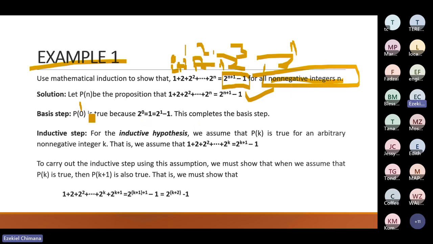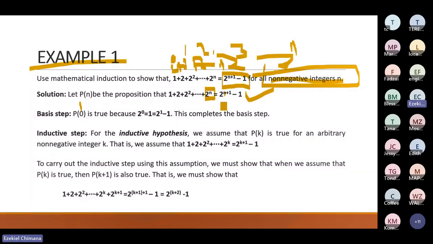So you can do it for P of 0, you can do it for P of 1, you can do it for P of 2, but not for P of minus 1 or minus 2, because we just want non-negative integers. So here we put what? We put our n as 0. So it will be 2 to the power 0 on the left, and then here we are going to put